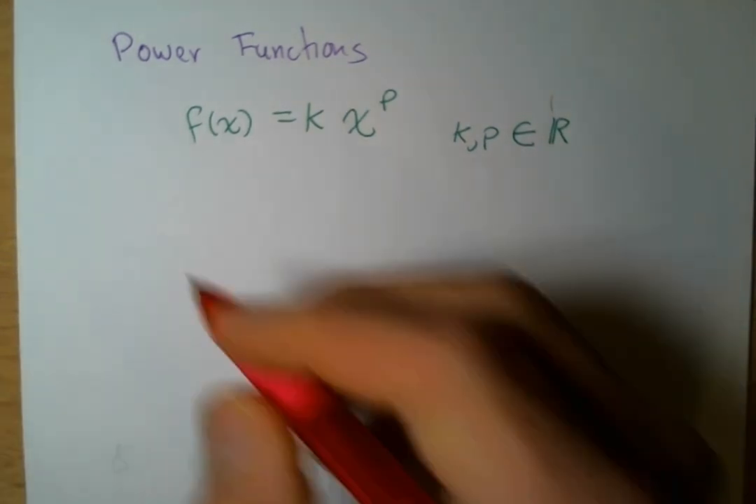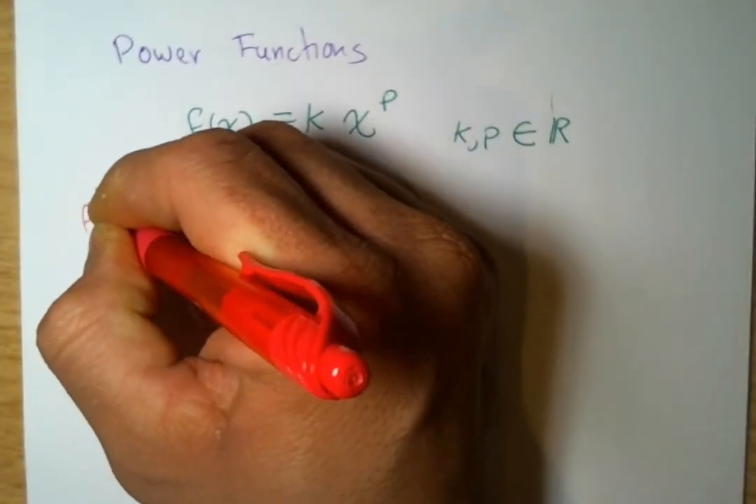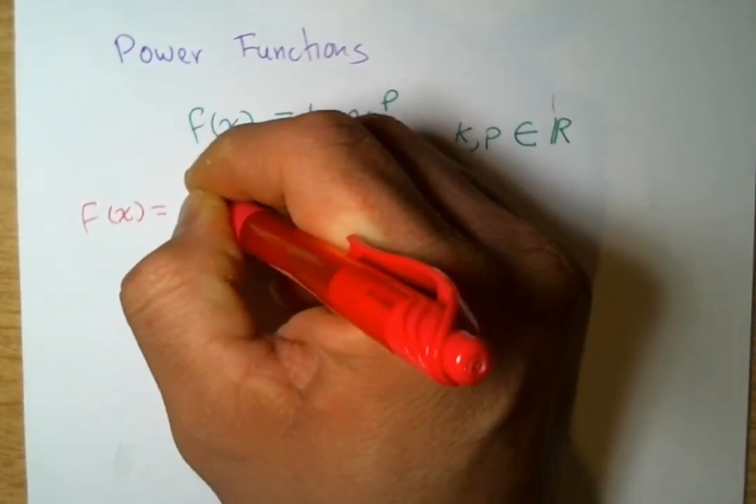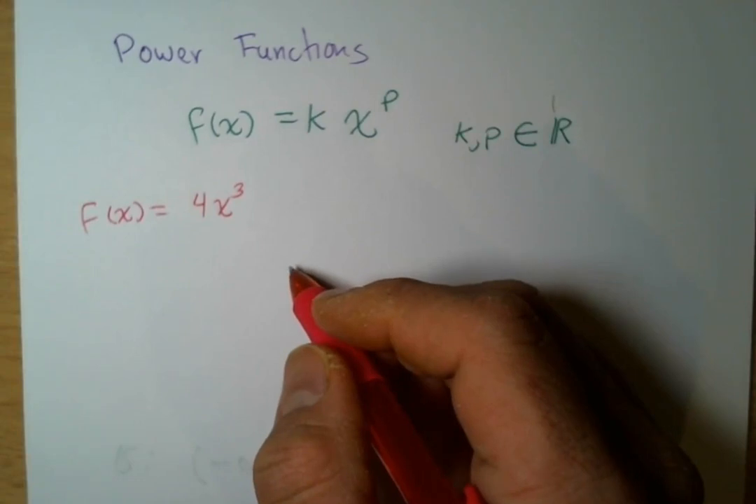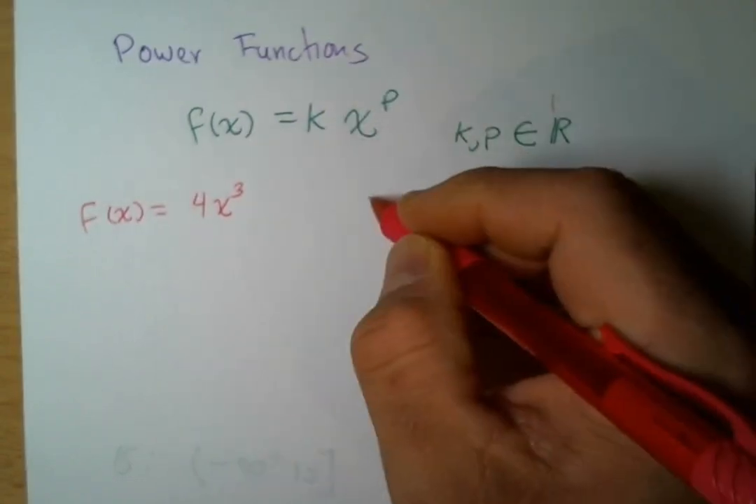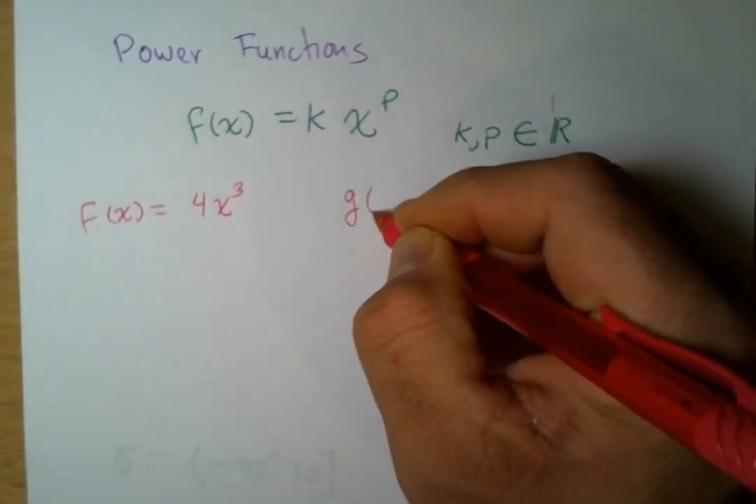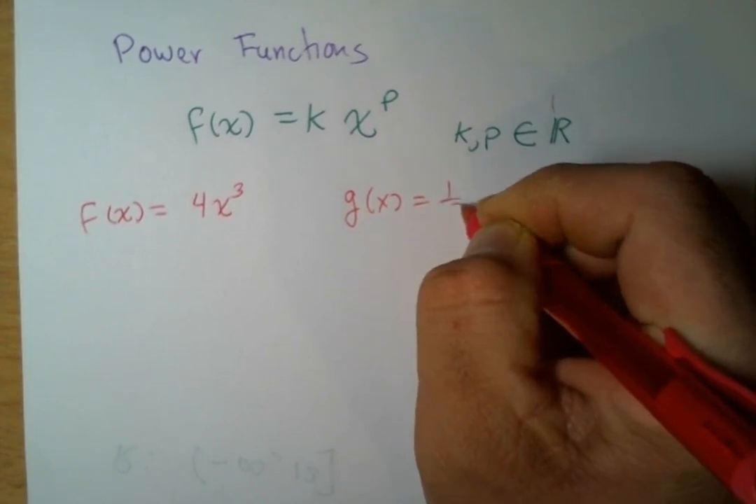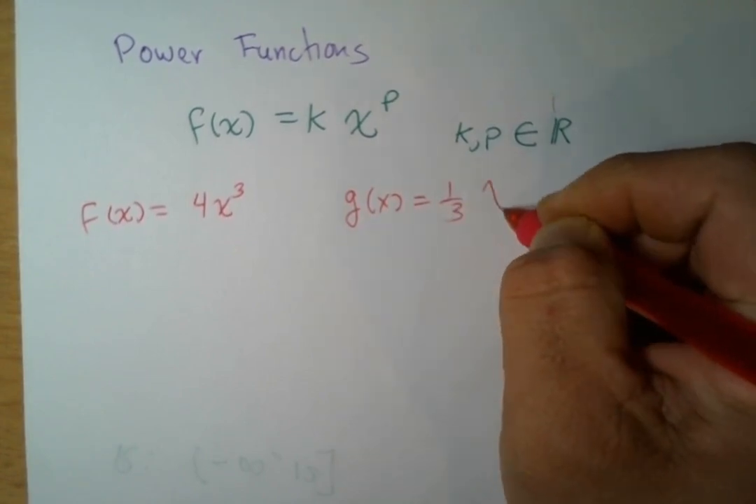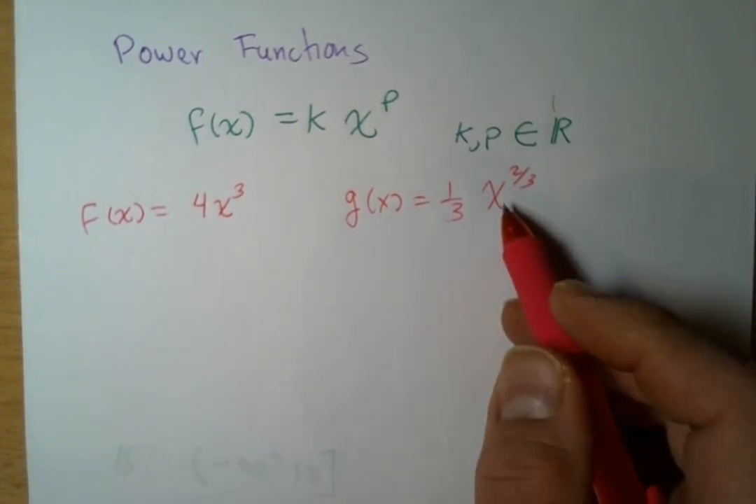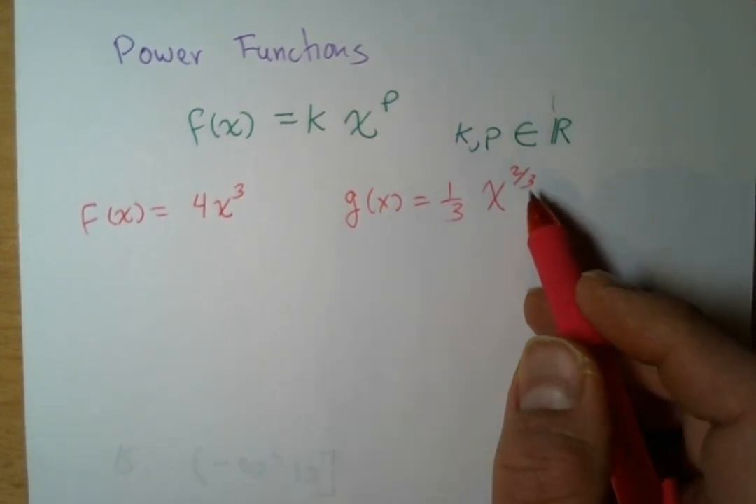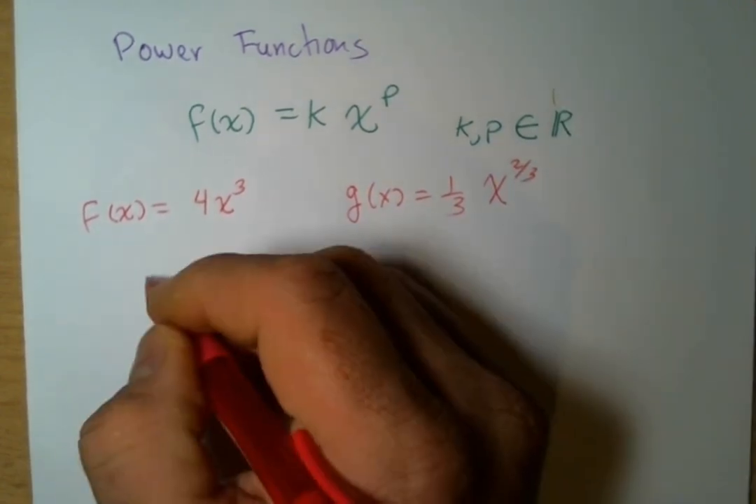We have some examples here of power functions: f of x equals 4x cubed, right? But based on this definition, we could have 1/3 x to the 2/3. But we can also have exponents that are fractions, right? And also,